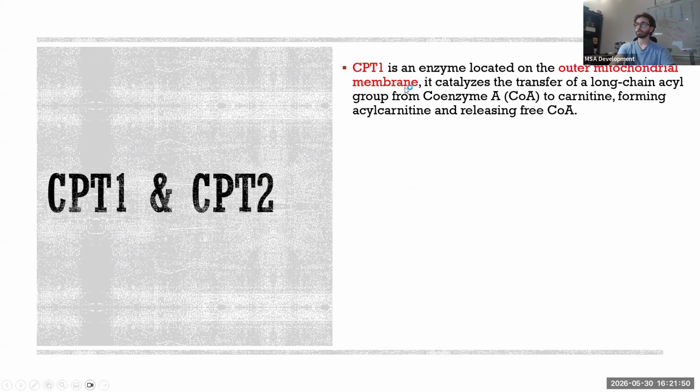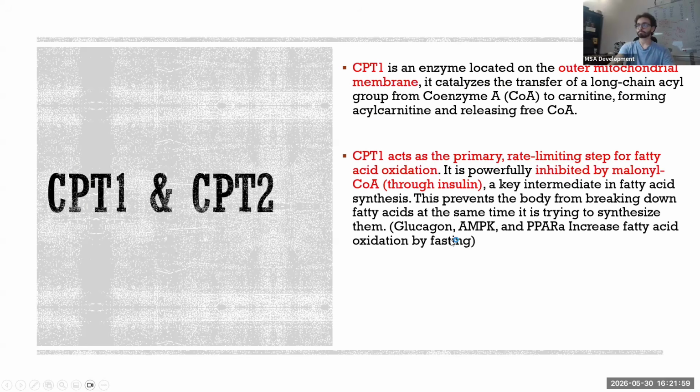Right, let's move on to CPT1 and CPT2. I already told you they're very important. We explained their functions. Let's go through them again. We said that CPT1 is located on the outer mitochondrial membrane and it transfers a carnitine to the fatty acids. And CPT1, once again, is the primary, rate-limiting, regulated step of fatty acid oxidation. Once again, I'm going to repeat the thing I've been saying 70 million times. It is inhibited by malonyl-CoA. We said it in the first lecture, if you guys remember.